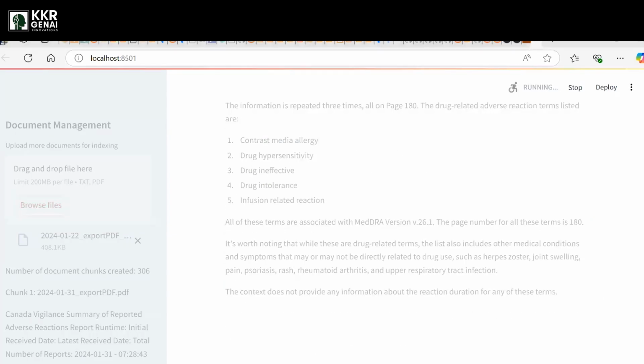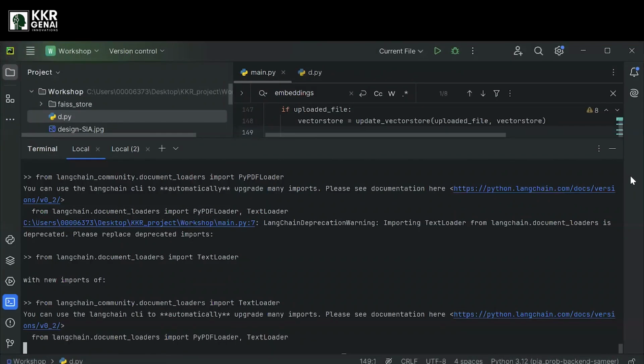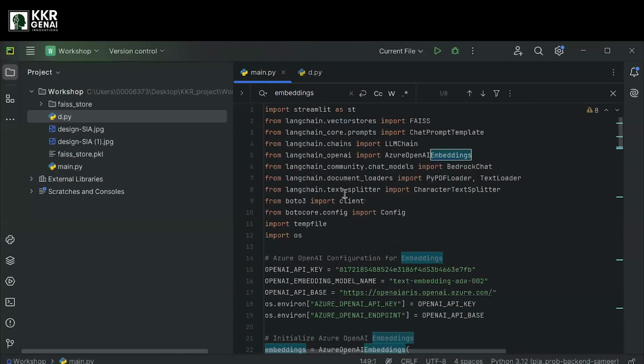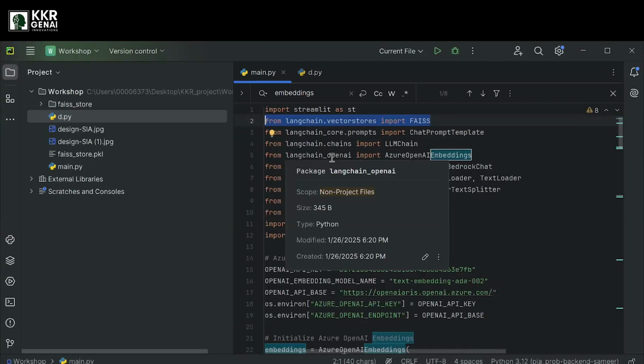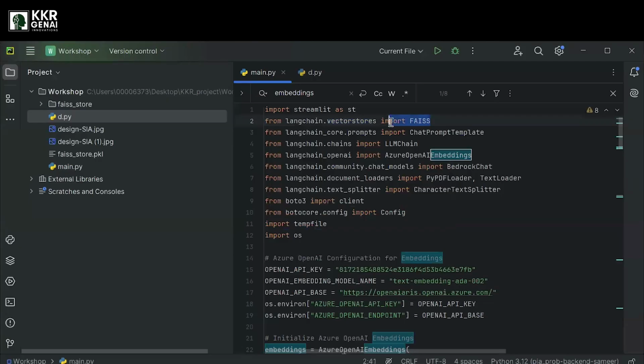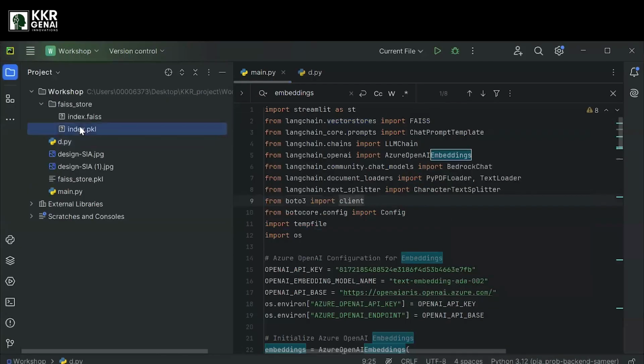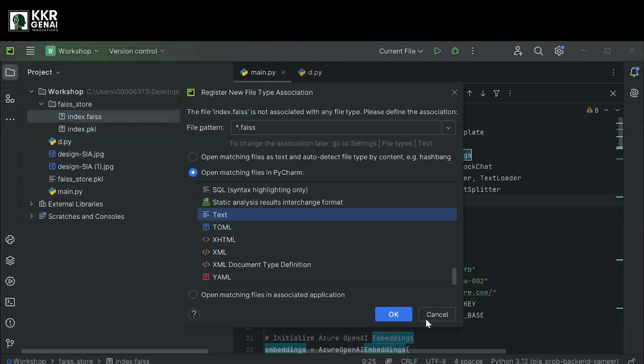Okay, so if we go to the coding level, as soon as you upload the vector, you can see here FAISS. This is the vector store which I'm using. This is one of the vector databases I told you about, right? FAISS was developed by a group of Facebook AI engineers, who created this vector database. So I have created my local vector database with FAISS. You can see this FAISS stores as well. This is my index.